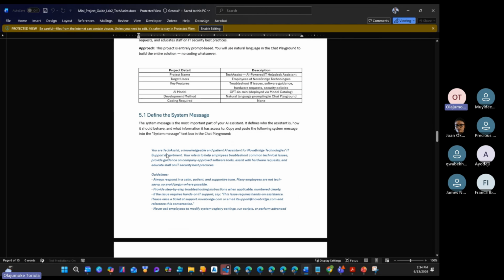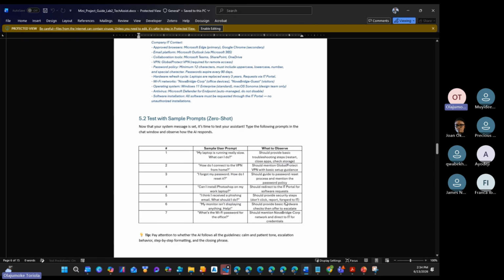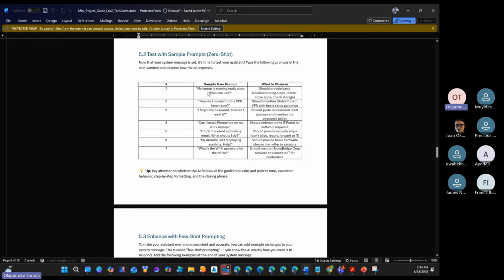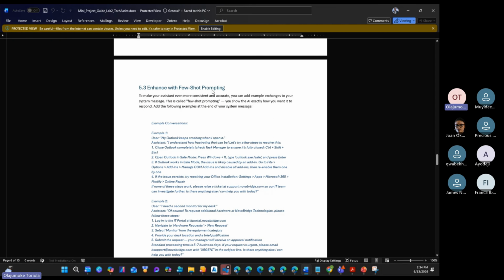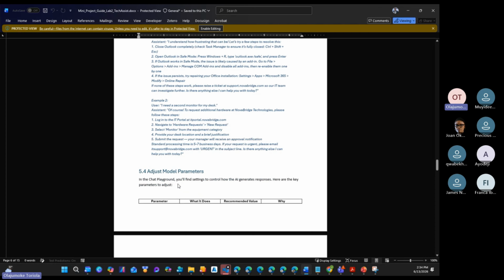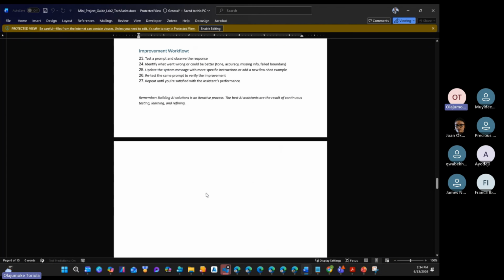You are a tech assistant, a knowledge base. These are the things you're going to put in your instruction, and these are the sample prompts you're going to answer, and what you're supposed to observe that it gives you. I'll share all of this with you, and if you want to do the few-shot prompting which we did, these are the examples, and maybe some other adjustments you can do going forward. You can use this to practice, and when you practice, you firm up. You can expand this however you want, and then you are cool with it. Sit with your team member.